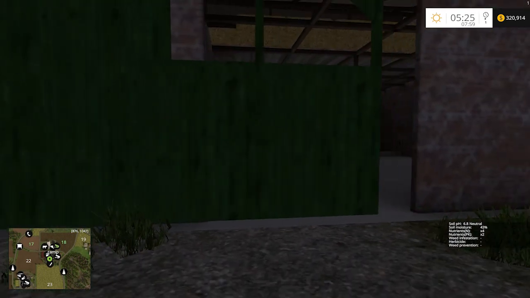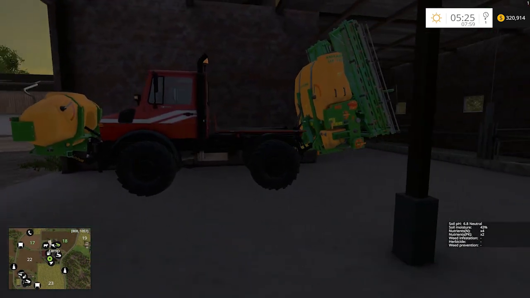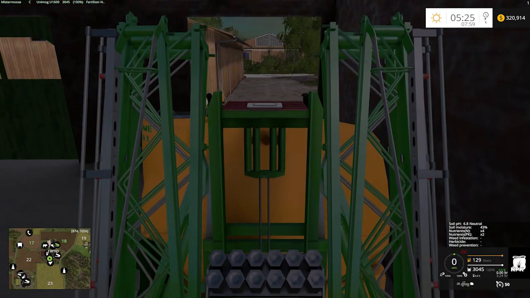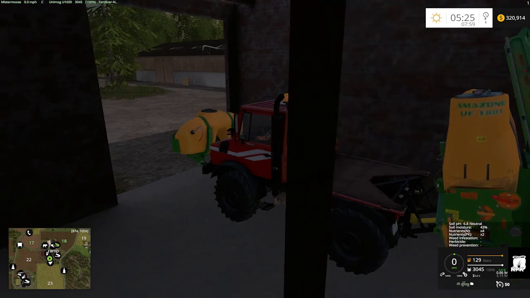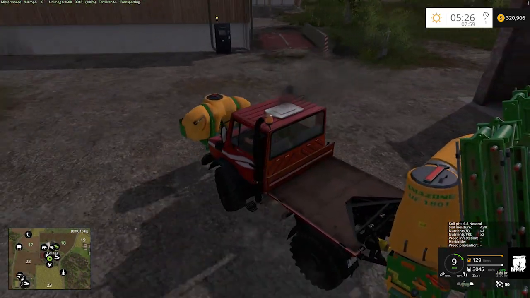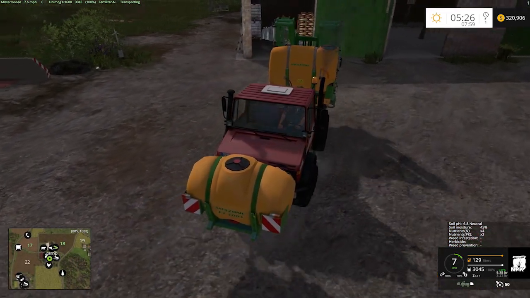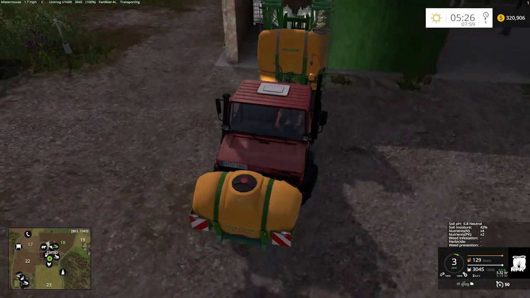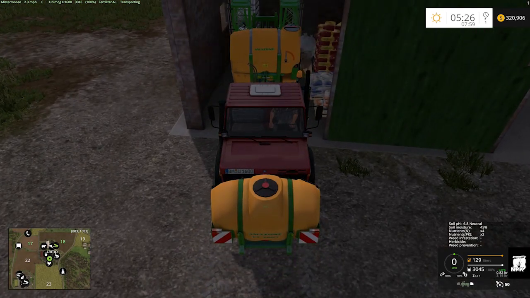Let's go ahead and get this guy opened up. For my sprayer, I went and picked up the big sprayer, and I'm going to use the Unimog, since it is the new flavor of the week. And we got a little spraying that we need to do today. It's day 2 and we got a little weed infestation starting, so we are going to head out to the field and get us